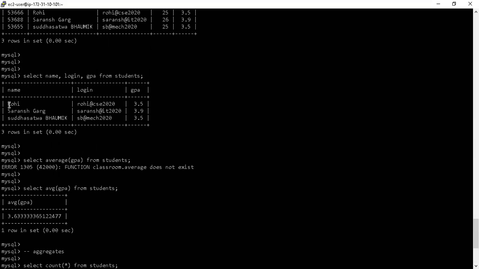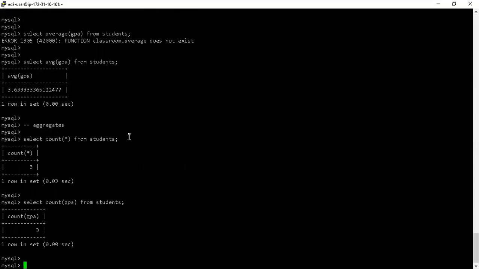Okay, let's say the name of the first student and the 25th student is the same, right? And if you take a count of students, so you can also take a count of inside the bracket, you can put the name of a column as well. If you do that, then the unique values or the count of the values within that column will be presented to you. It doesn't matter whether there will be uniqueness or not.